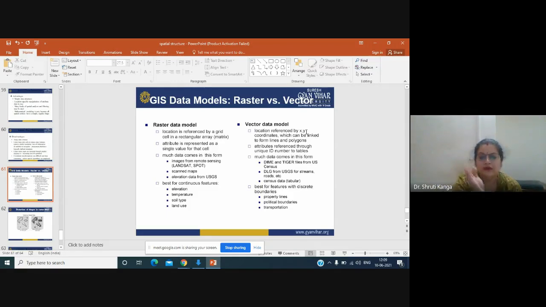So in raster it is an array of matrix or pixels, but in vector data it is XY coordinates, which if you link them may be a line or a polygon in shape. Then the attribute is represented as a single value for the cell, whereas in vector data the attribute is referenced through a unique ID number into the tables.